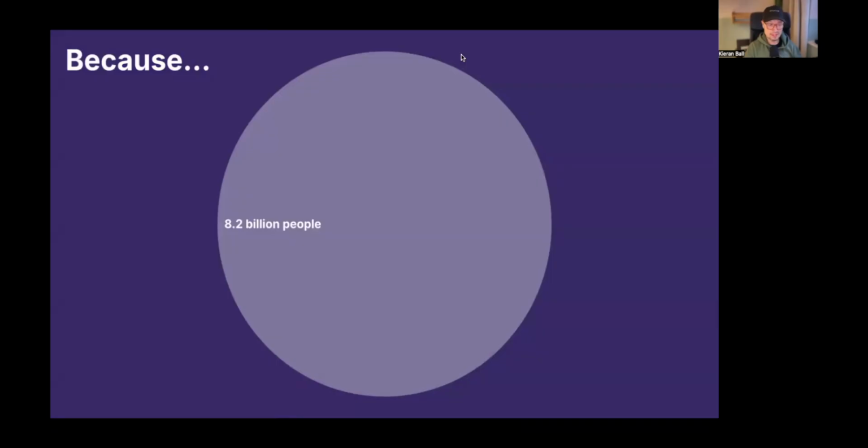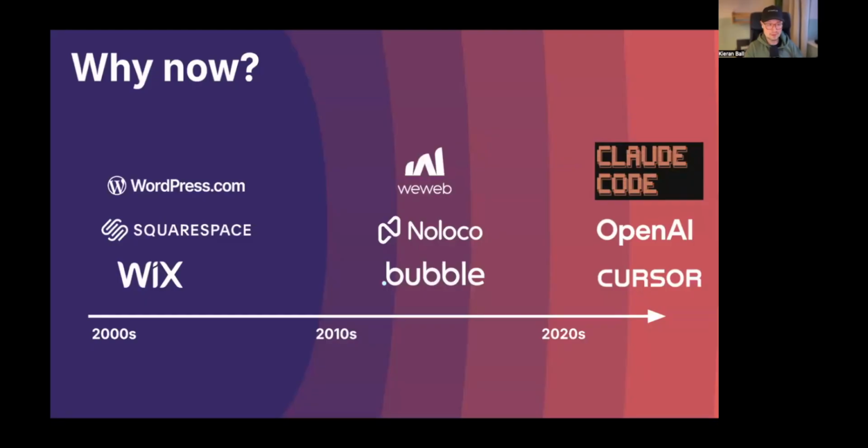So why are we doing that? Well, there's like 8 billion people in the world at the moment, but only 27 million of them know how to write code. That's an awful lot of power to put in the hands of a very small number of people. And it's definitely not good for the human race that such a small number of people can do such an amazing thing. We actually think that there's at least 1.5 billion technically curious people who would really like to build software and automations if they could. And the great news is that now we can.